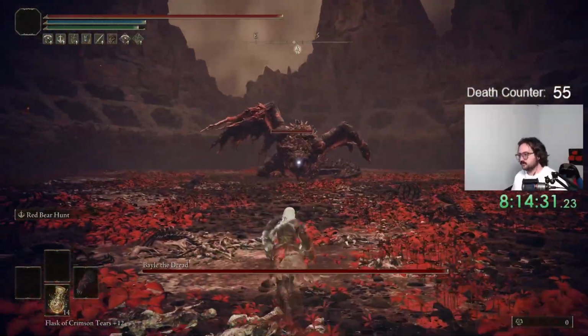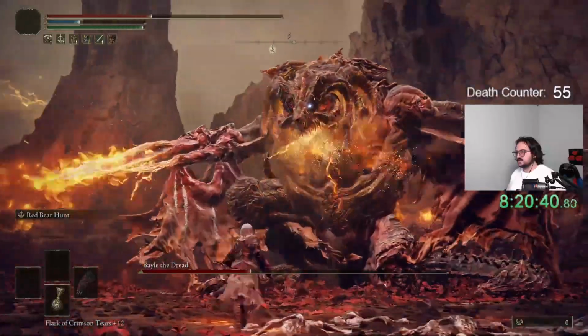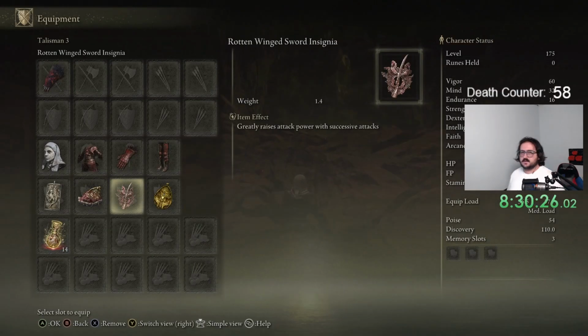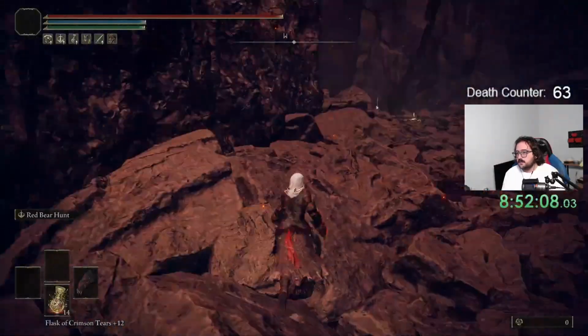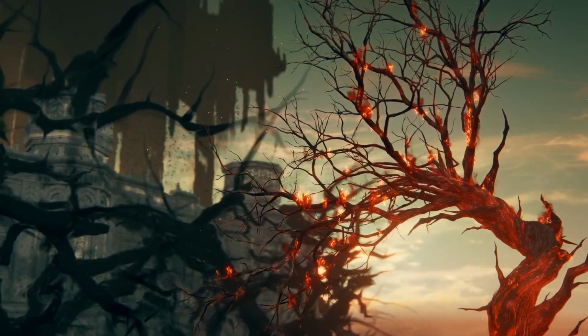On my second attempt, I get him to phase 2 and down to a quarter of his health, but with no healing flasks left. A fire strike and a lunge ends me, switching my Rotten Wings sword insignia to my Crimson Sea tally for that boost in healing. Another 10 attempts, I pause the torture, traveling to the ancient ruins of Rao, burning the tree, and running up